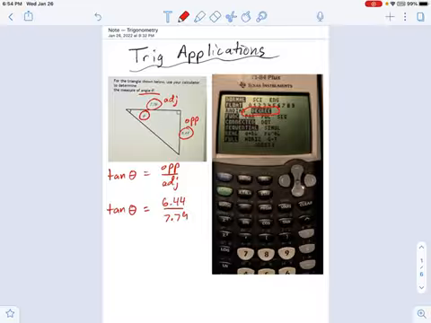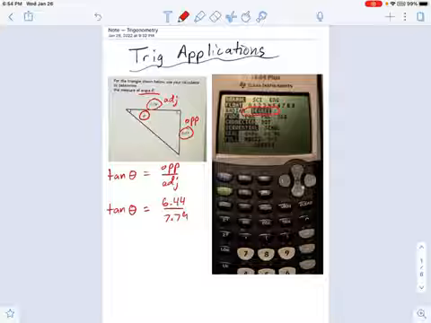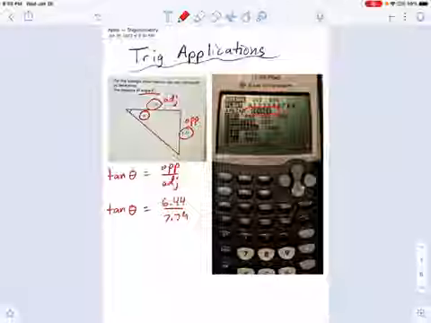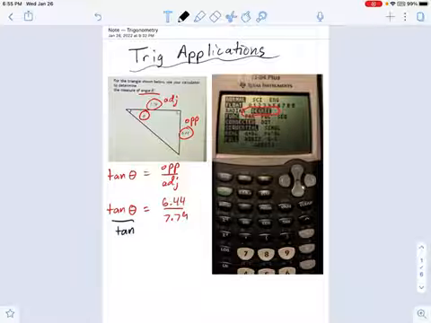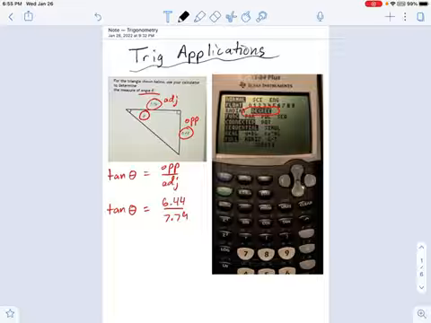yet. What I want you to do is consider doing something to both sides that will get rid of the tangent. I just want theta by itself. I want to know what the angle is. Now, some people come up with this idea. They'll say, I need to get rid of tangent, so I'm going to divide both sides by tangent. That's not what we're talking about. Remember, when I say tangent of an angle, I'm not talking about tangent times an angle. I'm talking about a function. And the only way you can undo a function is to take the inverse of it, like this.